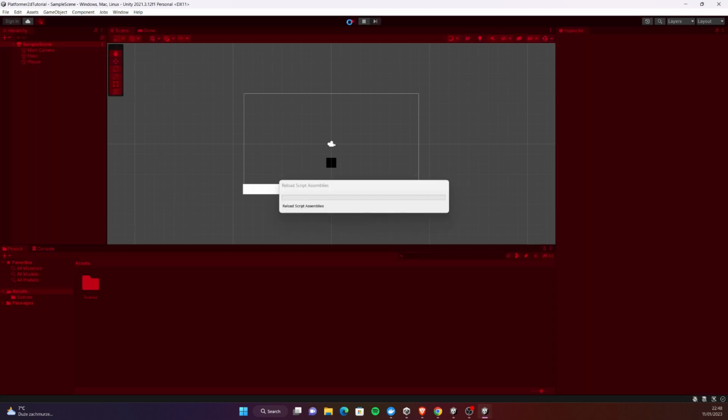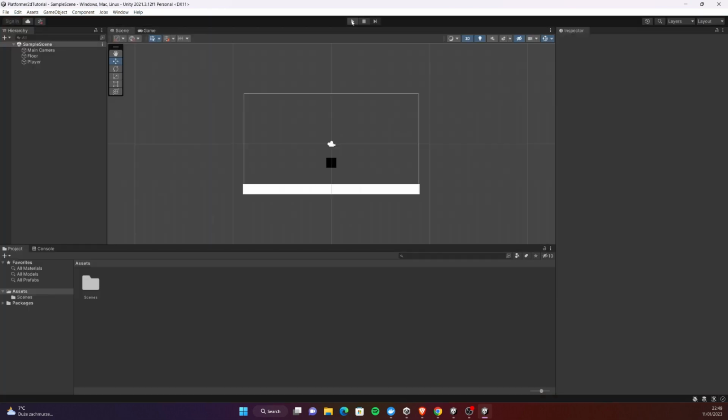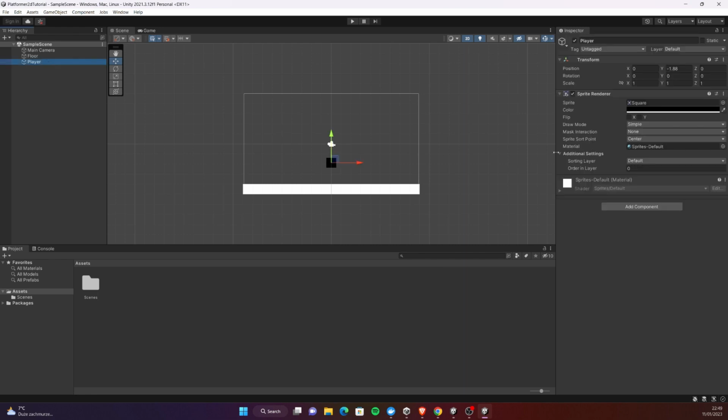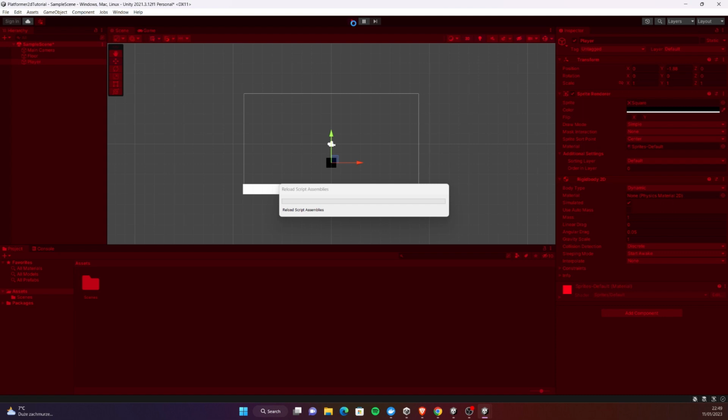Of course, if we press play now, nothing will happen. We have to modify our wonderful player to add the rigid body and box collider. So let's go and add the rigid body. It's gonna be rigid body 2D, and I'm gonna make it dynamic so that the forces of gravity and stuff like linear drag can affect our player. I'm gonna press play,